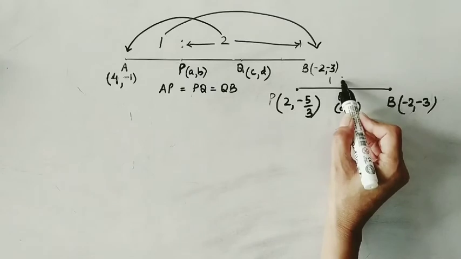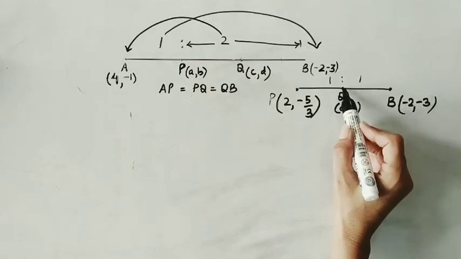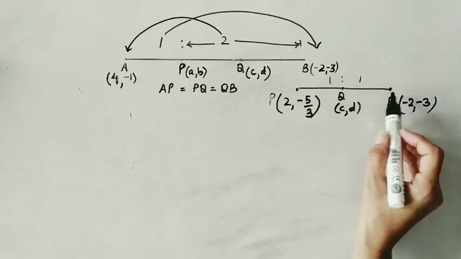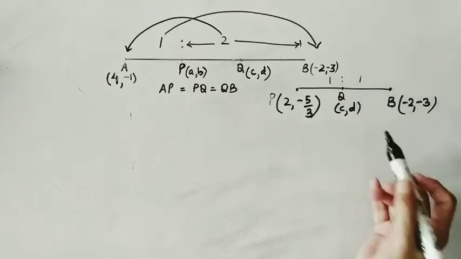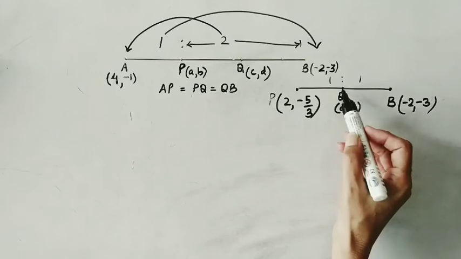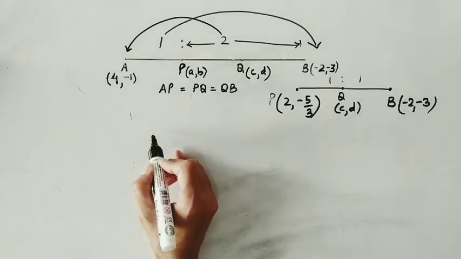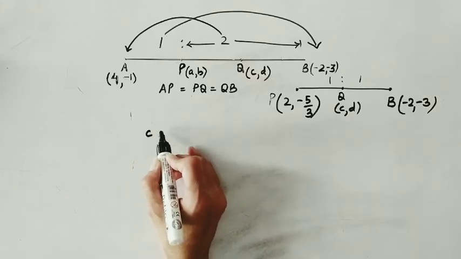And since Q is the midpoint, PQ is to QB would be 1 is to 1. This is a direct link to the midpoint formula. Q is the midpoint of it. Let's see how we find the coordinates of C. C will be